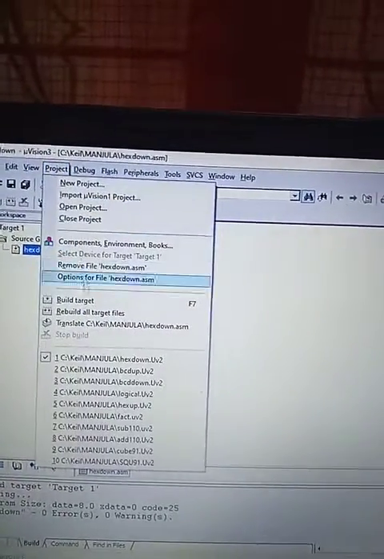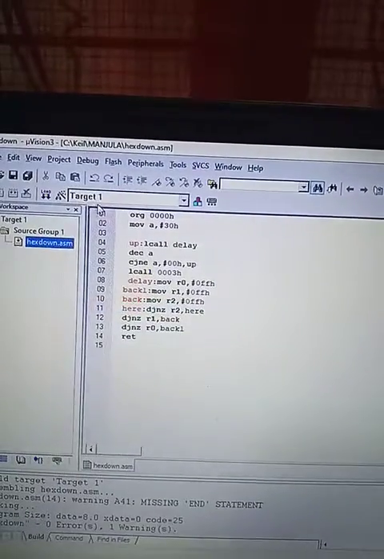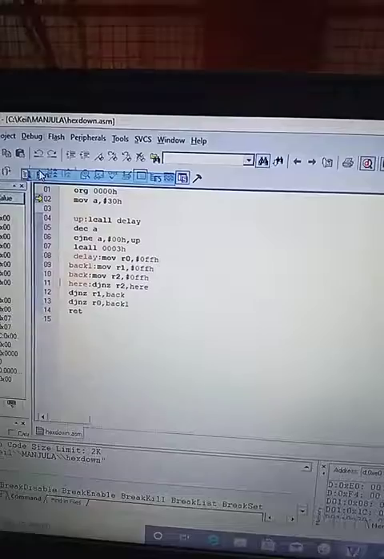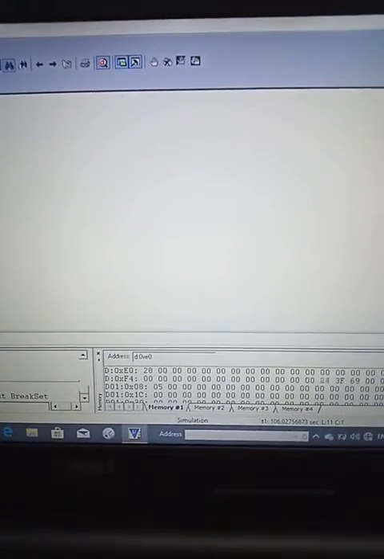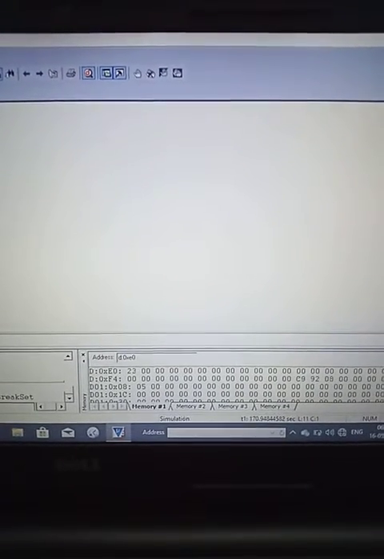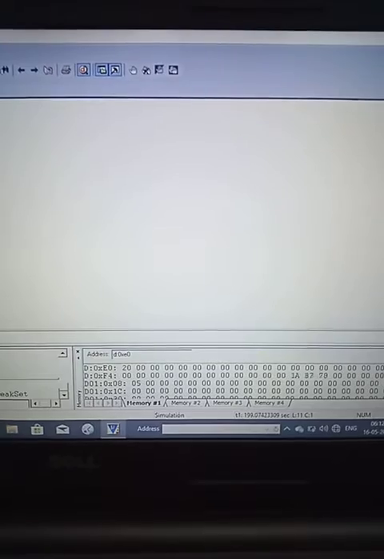Build target, rebuild target. I go to debug, start stop debug session. Okay. Once again I go to debug and say run. So see here, it will start counting here 30, 29, 28, 27, 26, 25, 24, 23, 21, 20, then 1F, because it is a hex down counter.